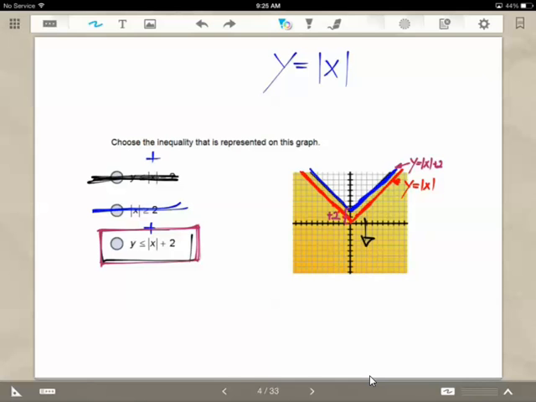And obviously for this case, because you have everything that's underneath that blue graph, which represents y equals absolute value of x plus 2 highlighted, I'm looking for all the values of y that would be less than y equals absolute value of x plus 2, and that's why the answer to this problem